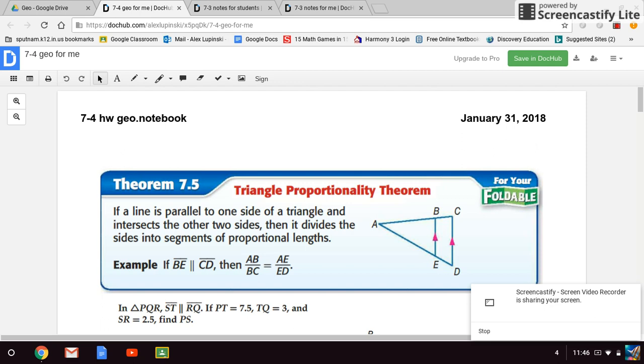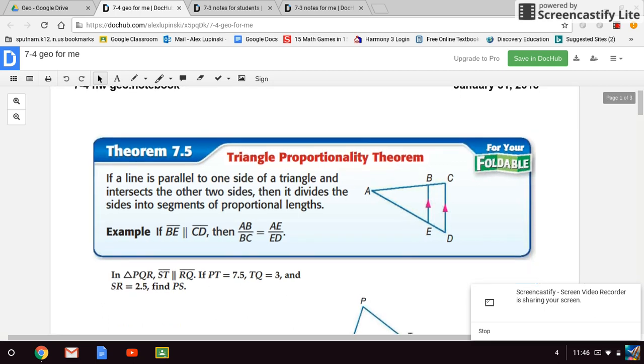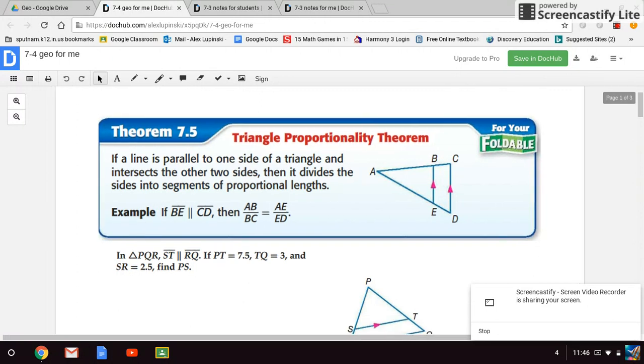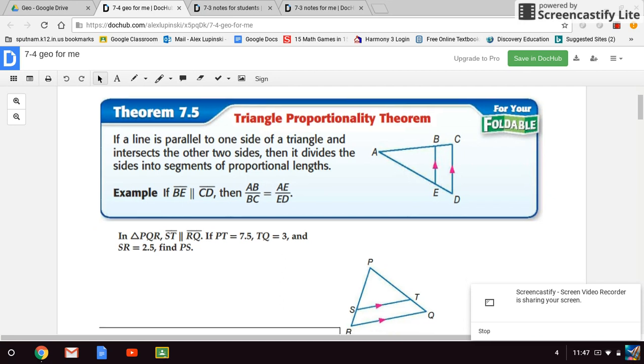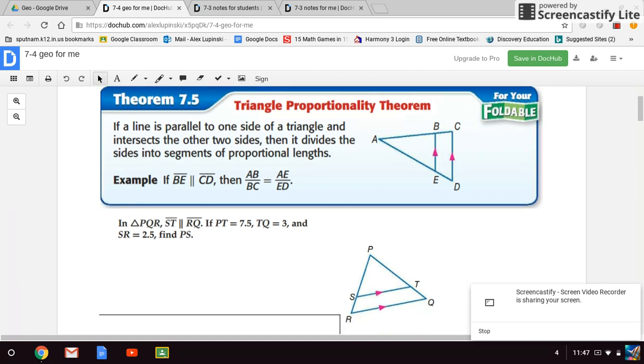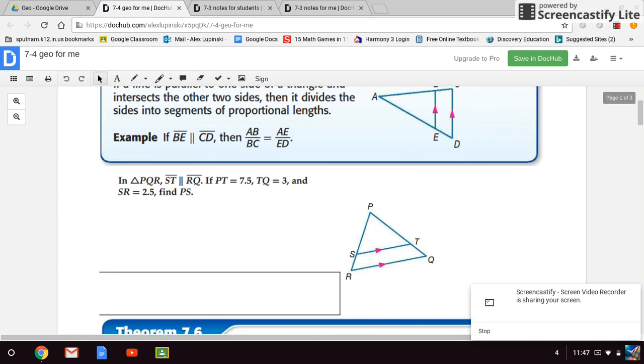Hello, this is 7-4. Now we're learning the triangle proportionality theorem, which says basically if you have two parallels, BE and CD, then with that, on the line AC, AB divided by BC will equal AE divided by ED. So it's just the two separate parts of the line. So in a problem, we have that